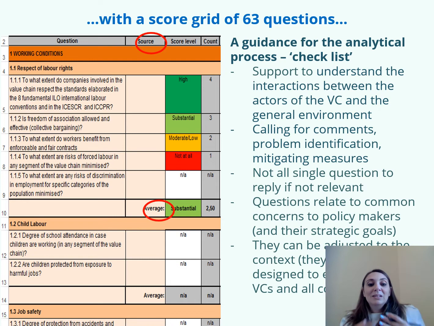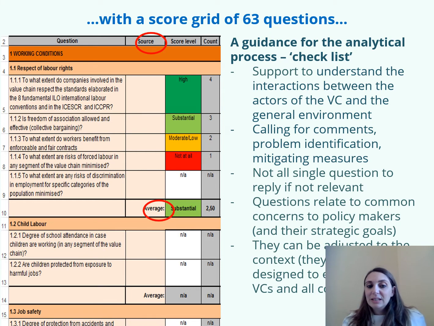The important thing is that in the end, we have an idea of what are the critical points and what are the critical opportunities of the value chain. Always remember, the social profile was built to be applied for every single value chain, for every single country, so it might not be formulated in a good way for your specific value chain, but this should not limit you.